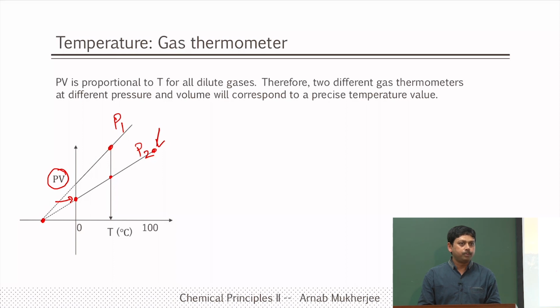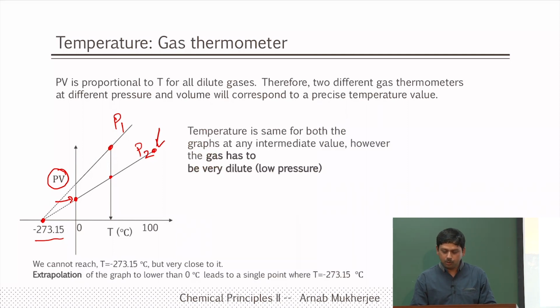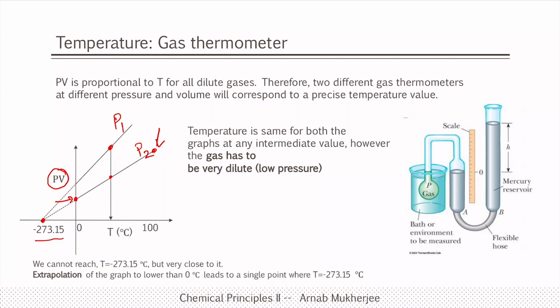So, we will see later on that it is not possible to go to this particular value. However, that is why we put a dotted line, and that value corresponds to minus 273.15 degree centigrade. Because it is possible for the gas to have any intermediate values, people have used dilute gas in the gas thermometer. So, this is a picture of a gas thermometer,